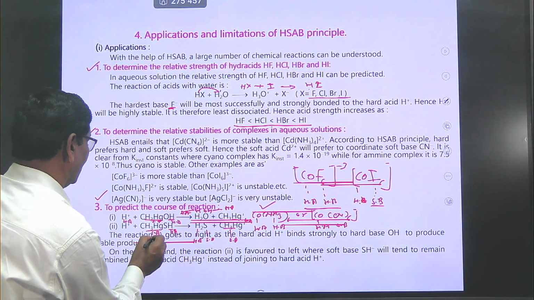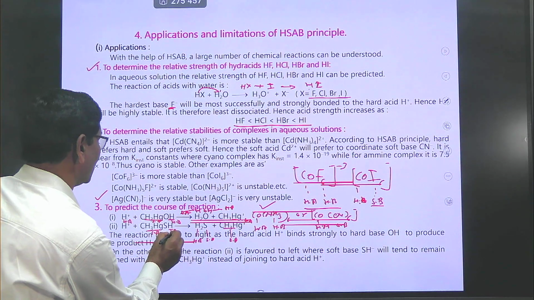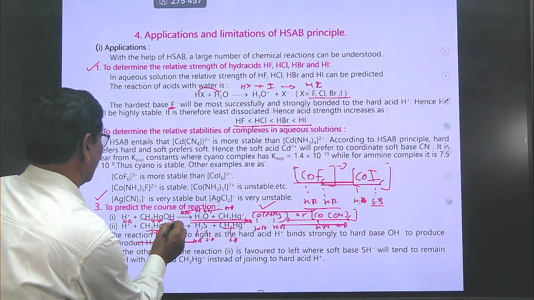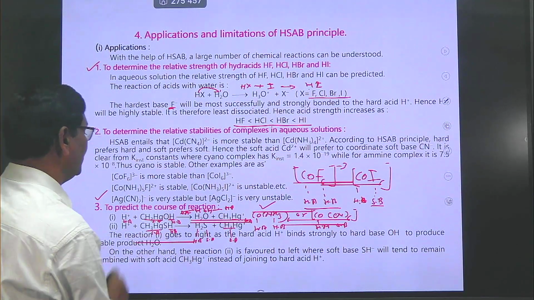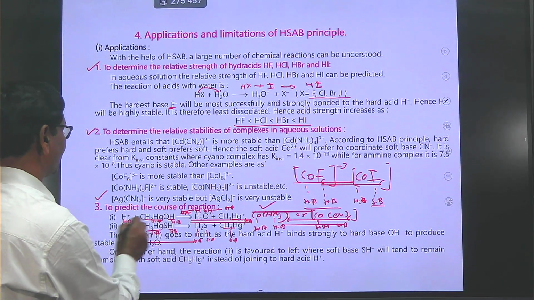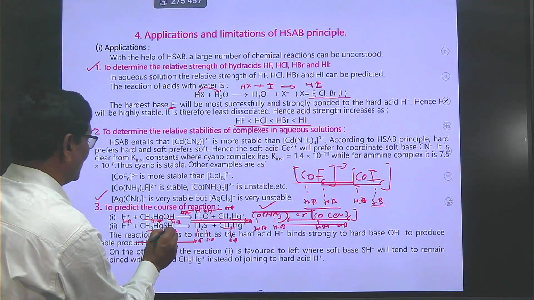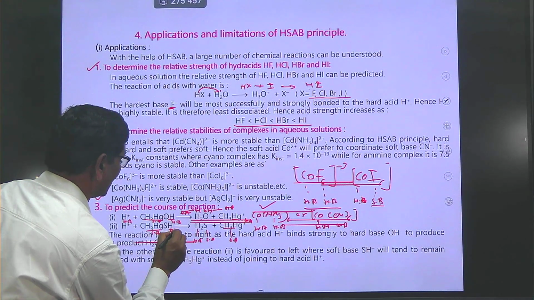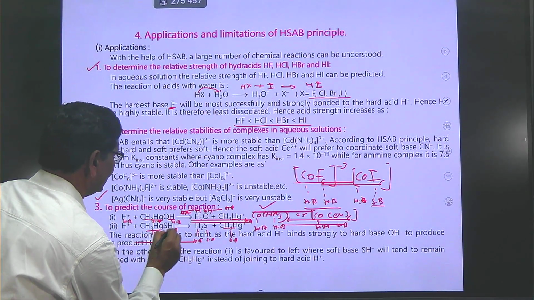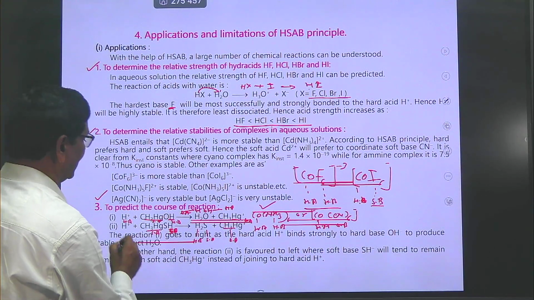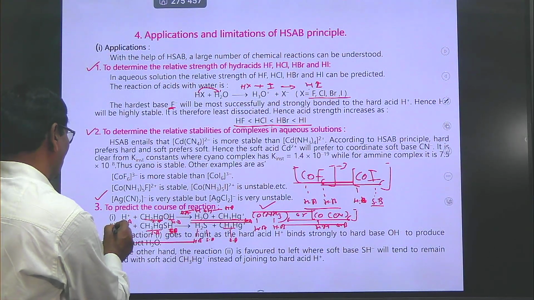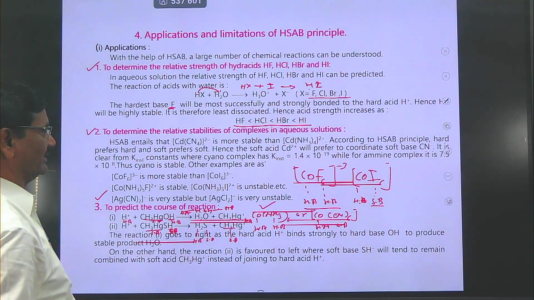Here if you observe the combination, here hard base, soft base, here hard acid. It means here this is the soft base, hard acid and here soft acid, soft base. The combination is favorable. That's why reaction number 2 is favorable to the backward direction. Next,